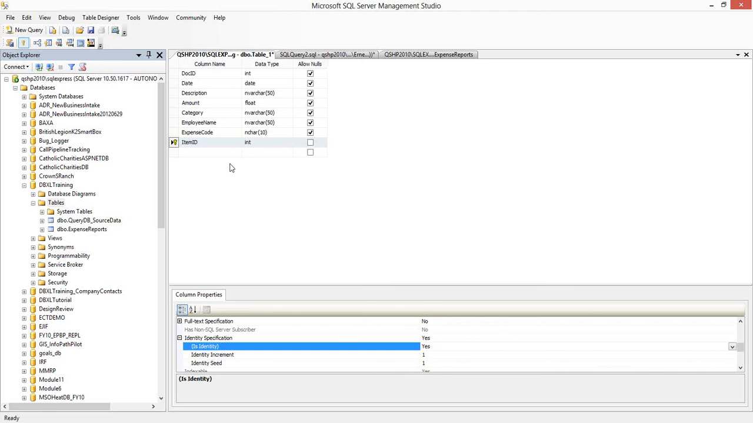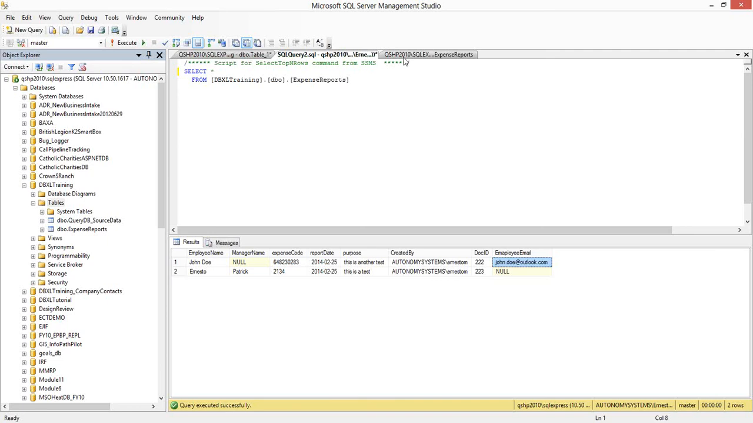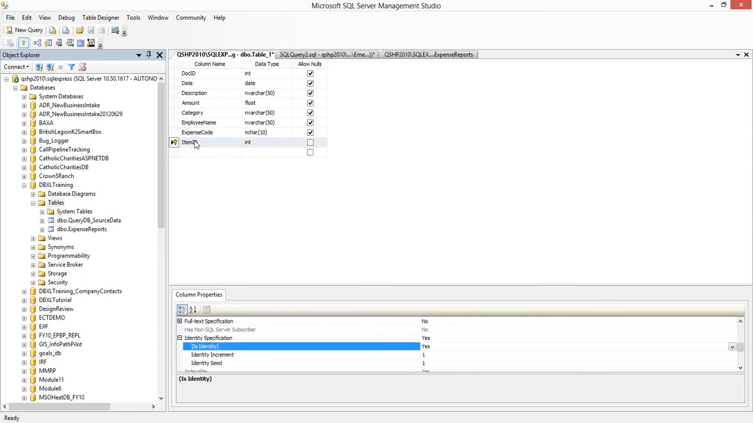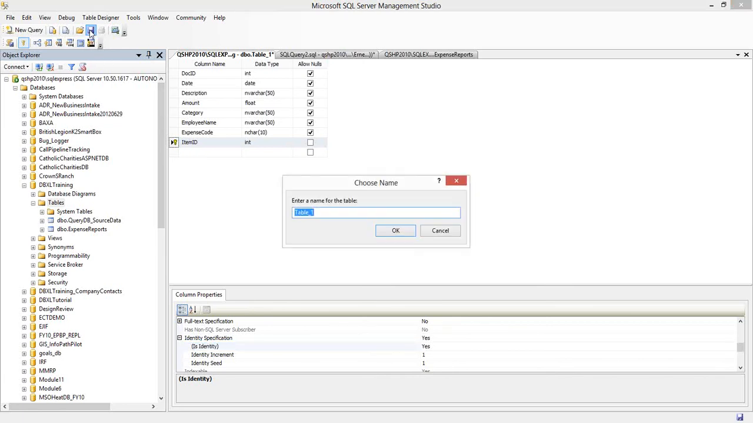That's it. So in the first case, our first table, DBXL is in control of this key, right? DBXL is using the doc ID as the key. In this case, we're just going to let SQL take care of that key for us and just auto-increment that column. So I'll call this the items table,